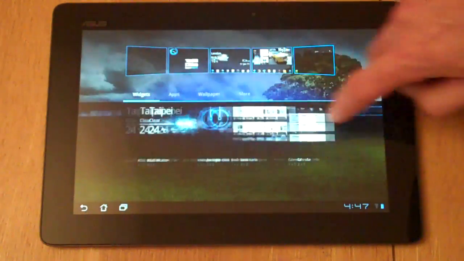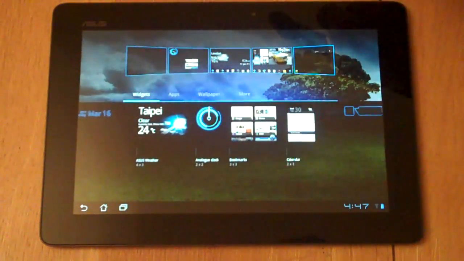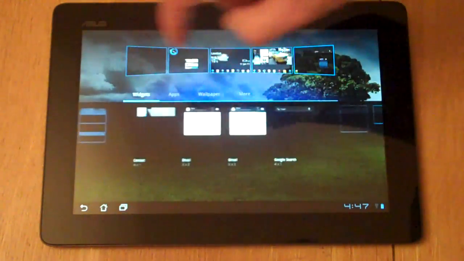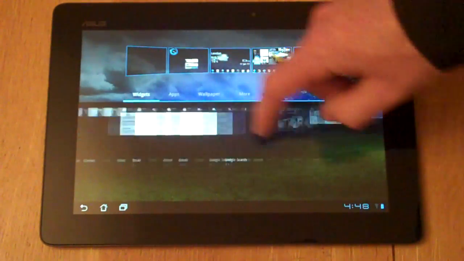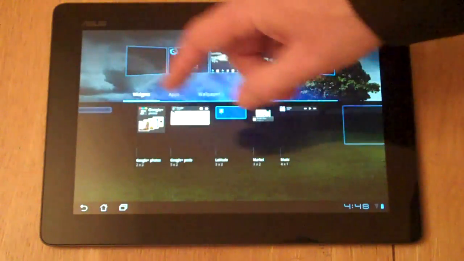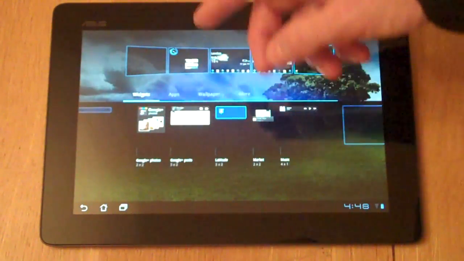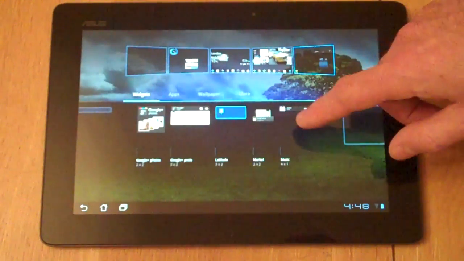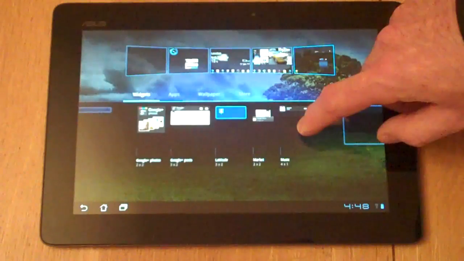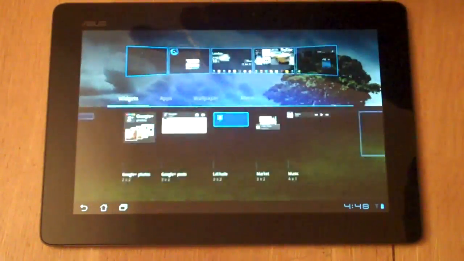Let's put a calendar into one of these. I'll tell you what, let's pop it in there. And similarly, you've got other things like contacts, email, Gmail, Google search, Google Photos, Google Posts, Latitude, which is the Google GPS application, the market, also some music. I'll tell you what, let's pop some music over here. So if I click on this, hold the finger down and drag it to the screen I want it on,